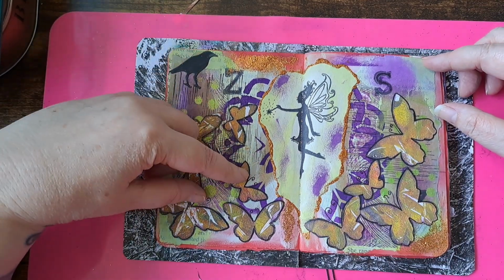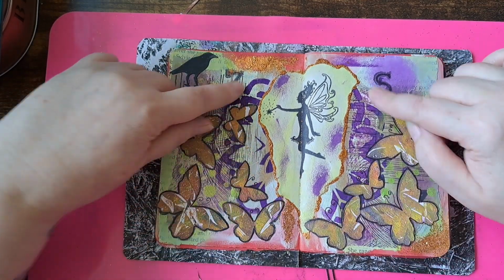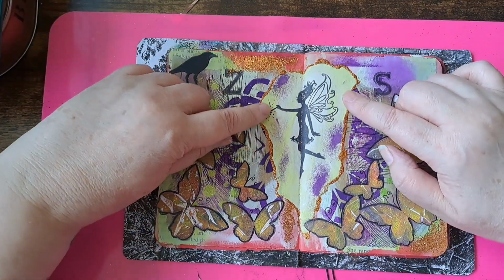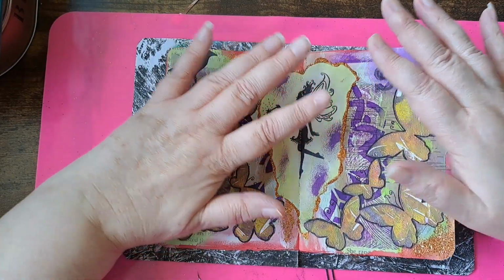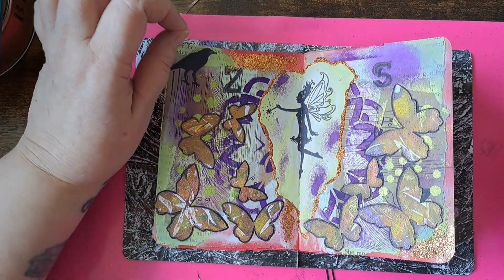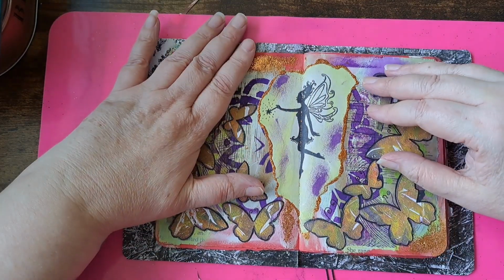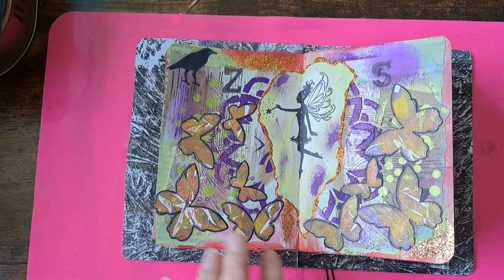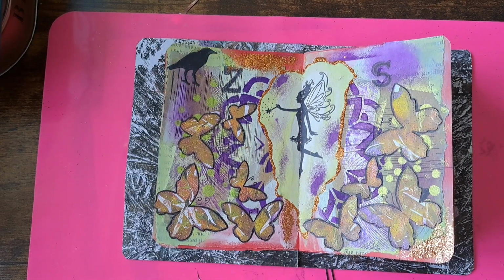But you've got some stenciling. This was a mandala stencil. You've got some glitter. I tell you what I love doing, I love drawing with glitter. I just love it. So an easy way of doing it is getting some